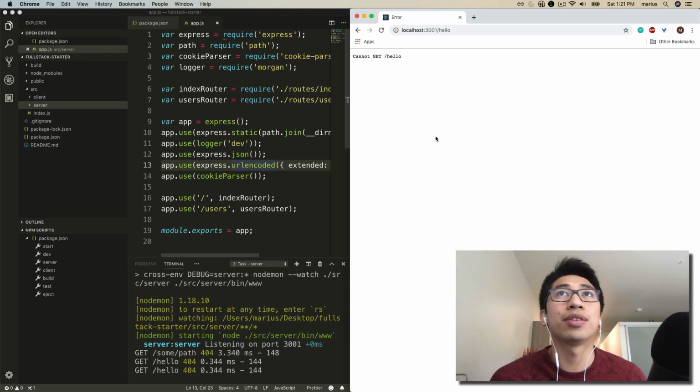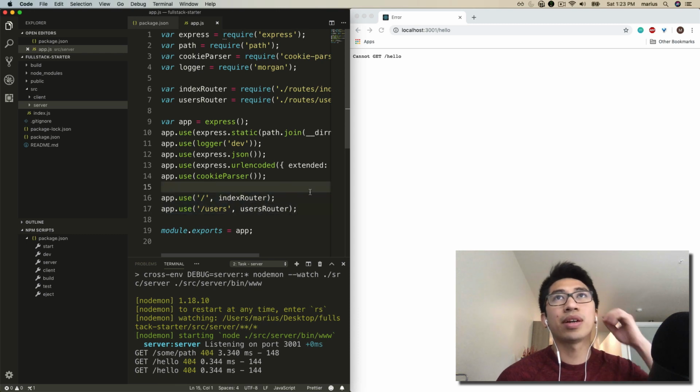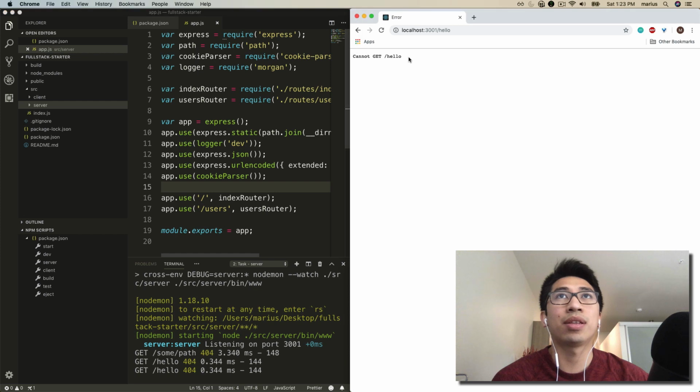And why is that? It's because the server will see that route and assume that that's either an API route that we have defined here on the left, or it will try to see, is that a static asset? Both cases are wrong, and so then Express is like, I can't find this, can't get /hello. Essentially, it's returning us a 404 response. But the reality is, what you want to happen is to allow the server to just accept that path, render the UI, and then allow the UI client routing to take over and figure out what gets